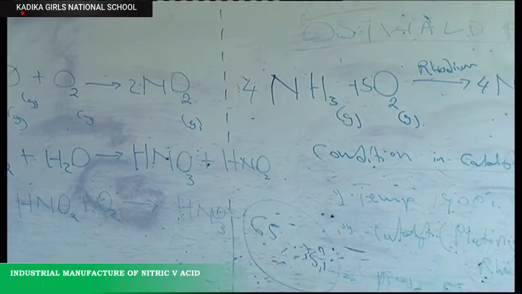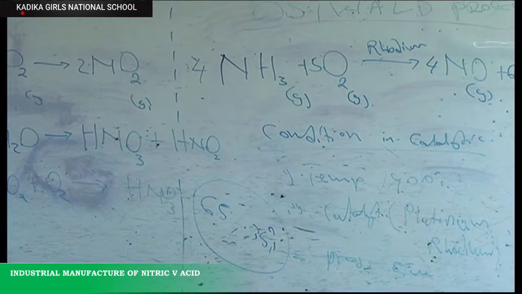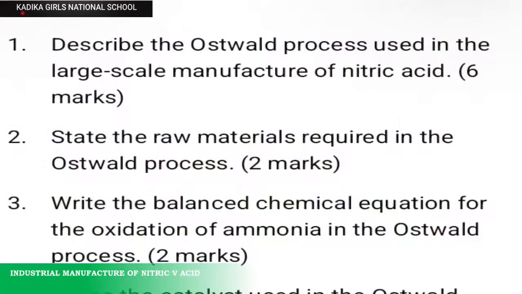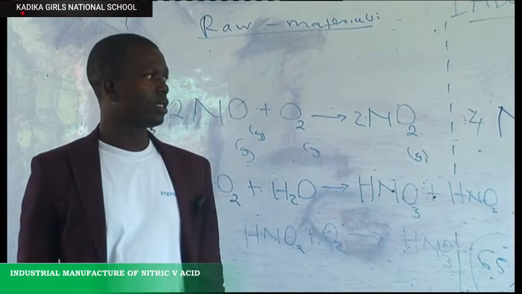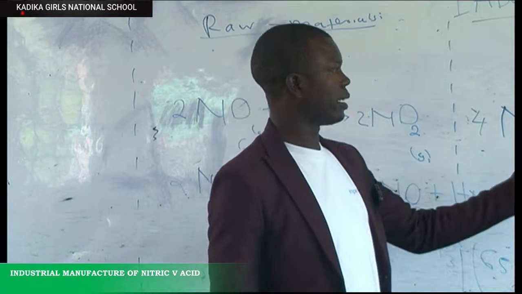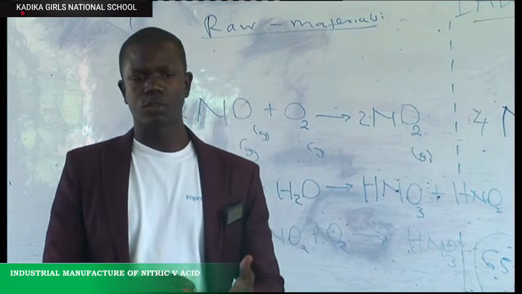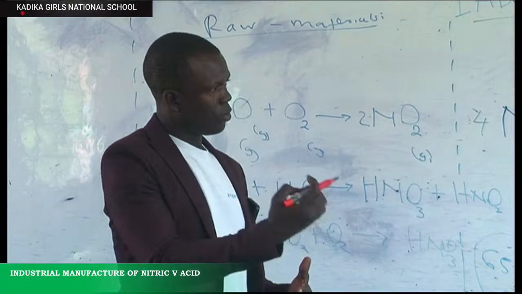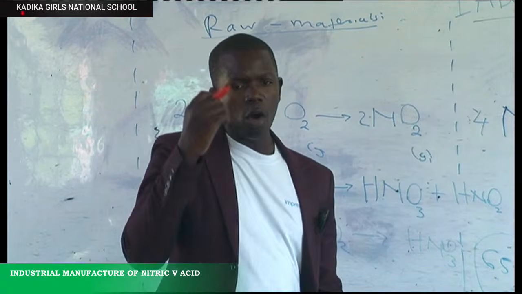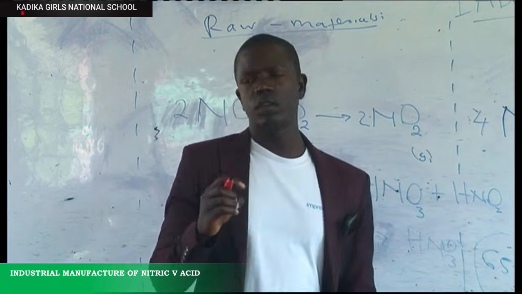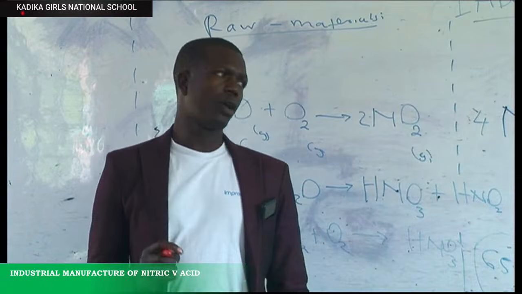at the catalytic chamber, the reaction is highly exothermic. So we will ensure that we cool the gas to lower its temperature. And the reason why we pass it back to the heat exchanger, we said, is for cooling. That cooling of the gas will lead to more yield of nitrogen(IV) oxide when we now react it